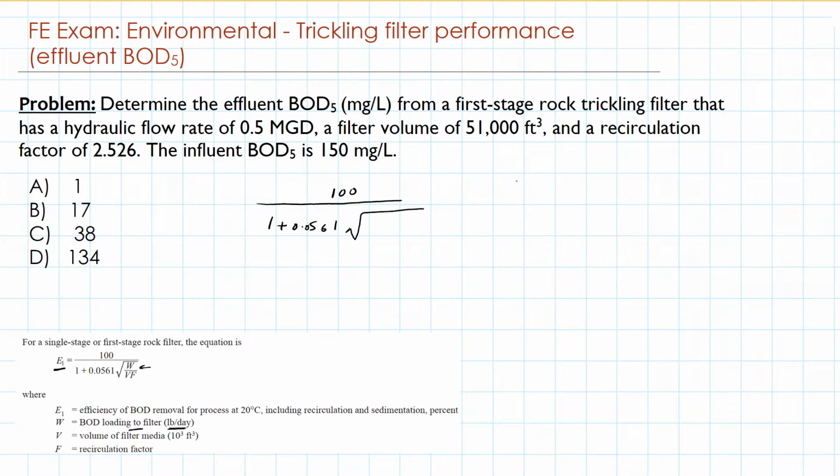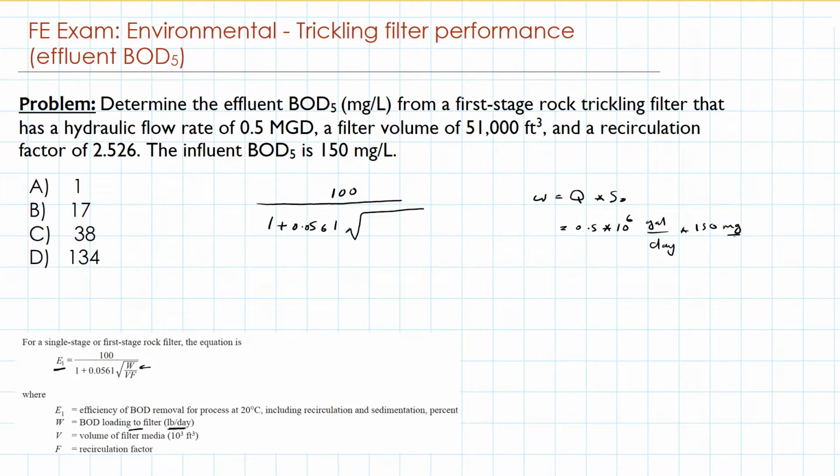The loading rate W should equal the flow rate multiplied by the BOD5. So we have 0.5 multiplied by 10 to the power of 6 gallon per day, multiplied by 150